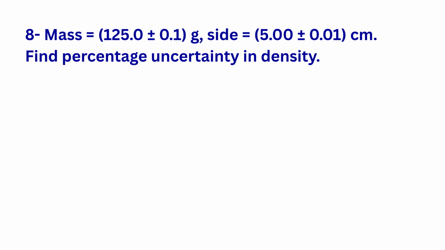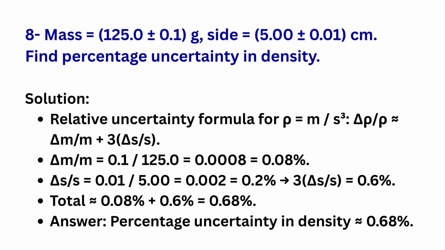Question 8. Now, the mass of a cube is given as 125.0 plus or minus 0.1 grams, and each side is 5.00 plus or minus 0.01 centimeters. We need the percentage uncertainty in density. Since density equals mass divided by side cubed, the fractional uncertainty is the uncertainty in mass plus 3 times the uncertainty in side. That's 0.08% from the mass plus 0.6% from the sides, giving a total of about